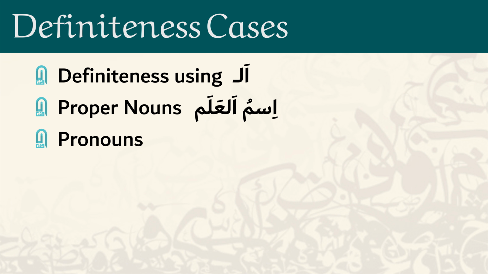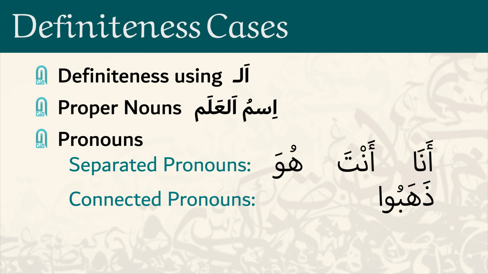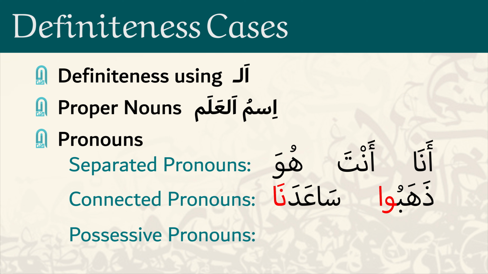All pronouns in Arabic are definite by default, and that includes separated pronouns like أنا, أنت, هو, connected pronouns ذهبوا, this waw is a subjective pronoun, or ساعدنا, this na also is an objective pronoun. Possessive pronouns are definite. كتابي, this ya is a possessive pronoun, means my, or حقيبته, this hu is also a